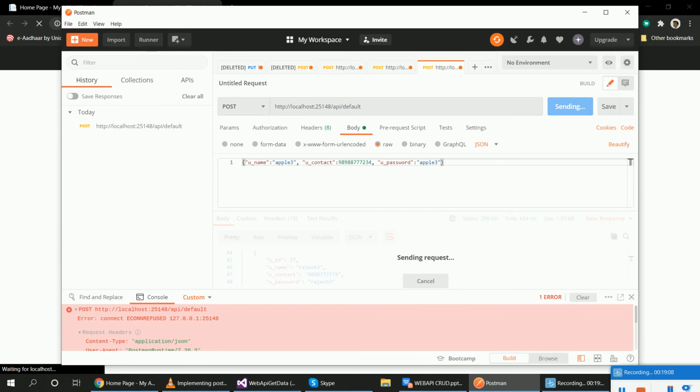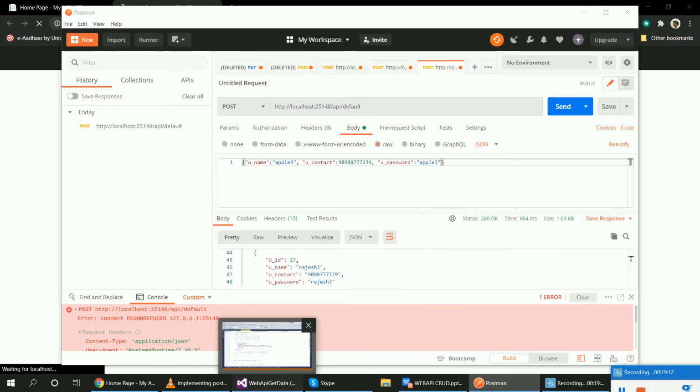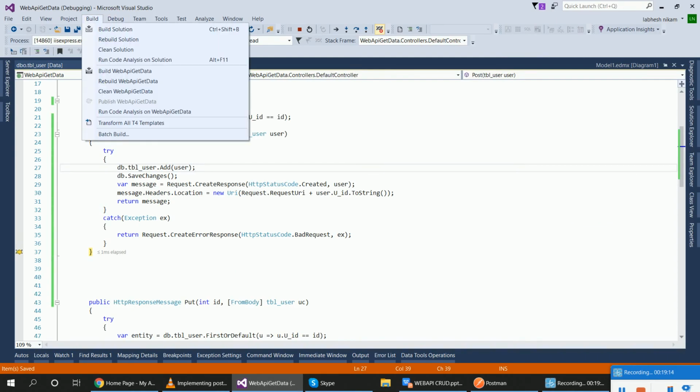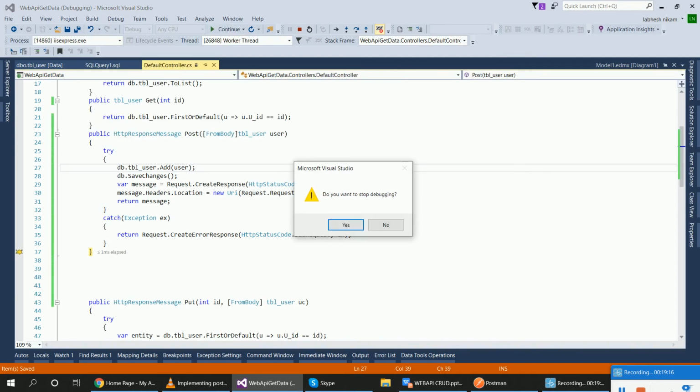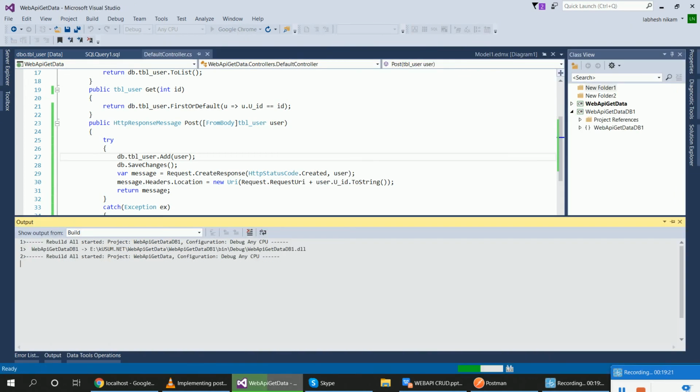Guys, this request is sending. So I first build this project again and run this program again.